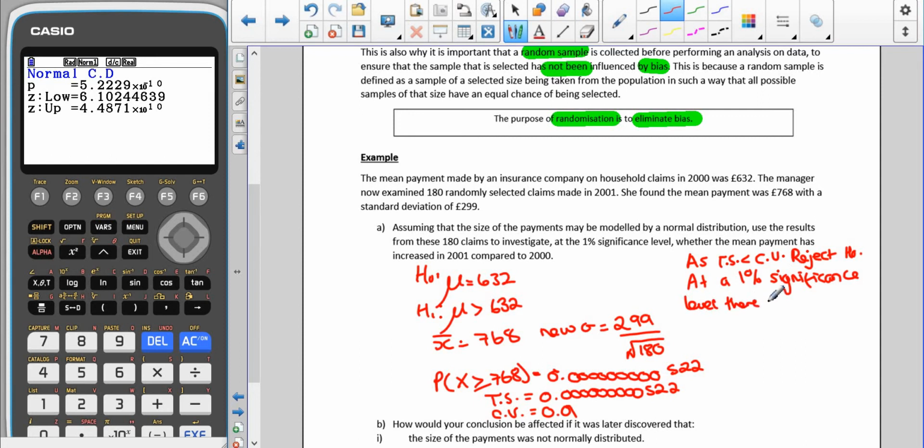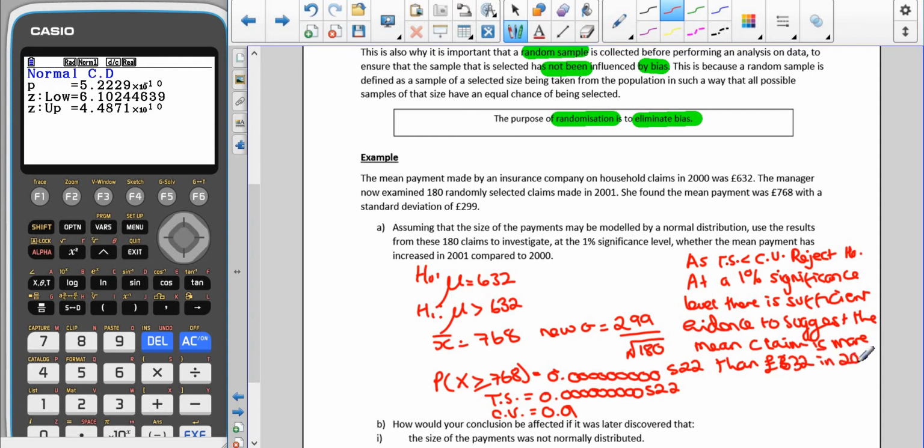There is sufficient evidence to suggest the mean claim is more than £632